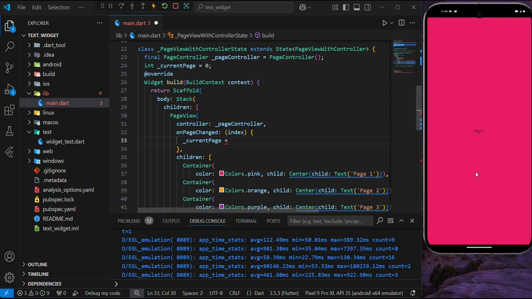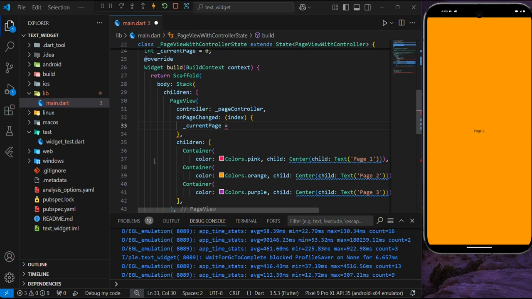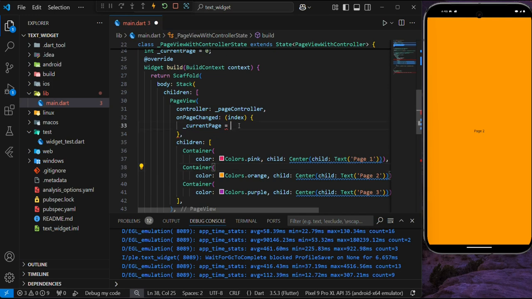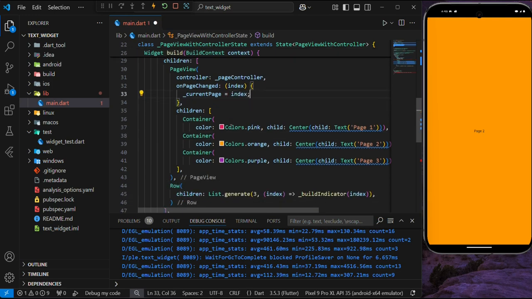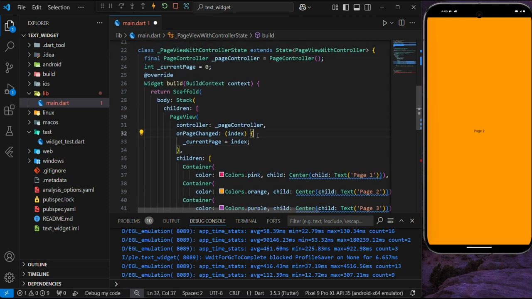So when I swap this, I'm on this second container, which the index is 1. So I'm going to change the current page value to this index. Then I'm going to have a semicolon here. Now that I've done this, because we are using a stateful widget, I will have to add my setState,